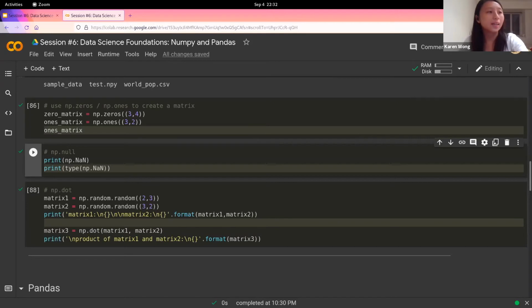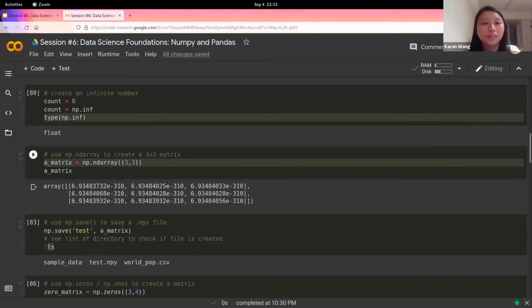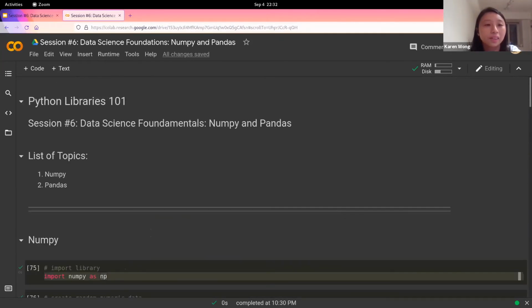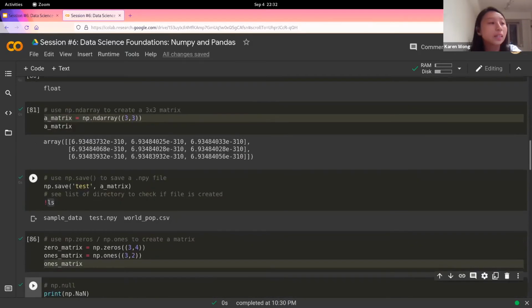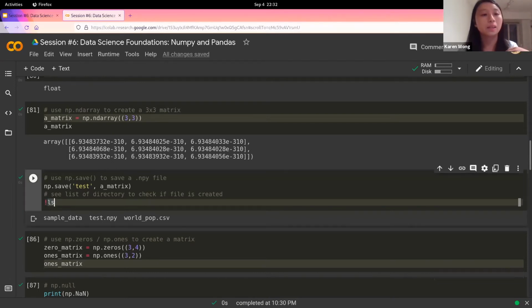Okay, and I actually want to show you one thing. That's a very great question. If you want to remove it later, yes. So Soumya is definitely correct, because Colab doesn't allow you to save files and it automatically erases them after a certain period of time. But if you want to do it on your own computer, instead of ls, you would type rm test.npy. So if you run this,